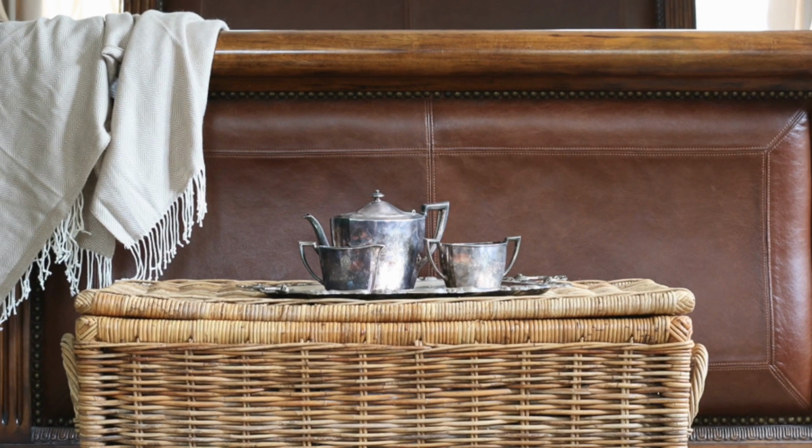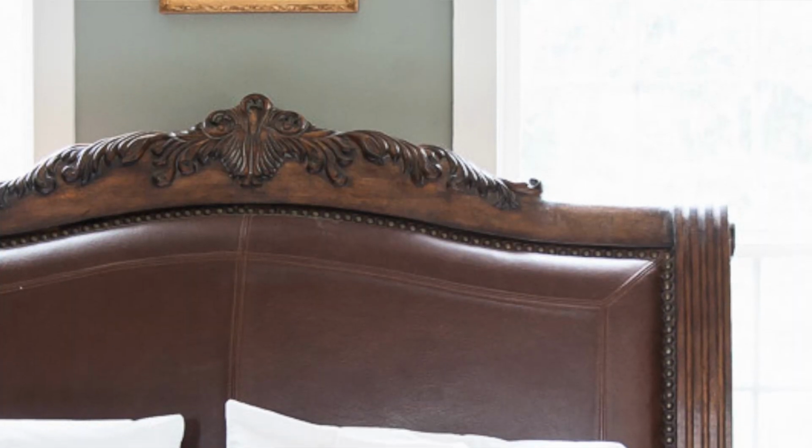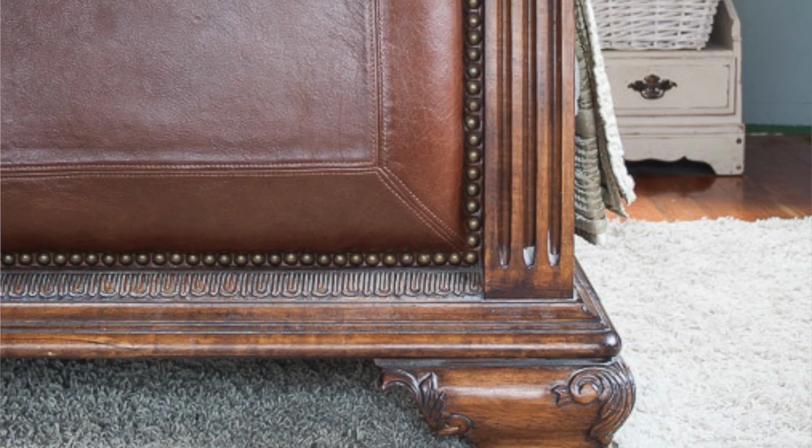And even though I still think it's a beautiful bed, for me to love it, I would need to remake it. And I'm okay with painting it. I would paint it a cream or a light gray, but it's the leather upholstery that stresses me out. I know upholstery. I do not feel like I could pull that off very well with this bed. So I either am going to pay probably $1,000 to have it reupholstered, and then I'm not really sure how well I could even clean it after that, or I am going to botch it myself,